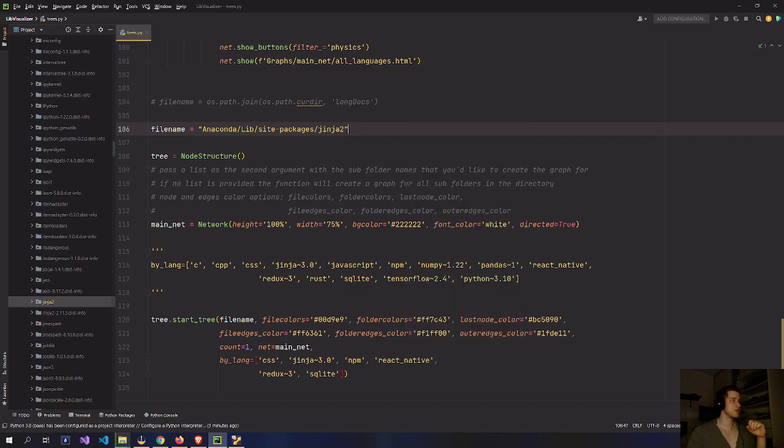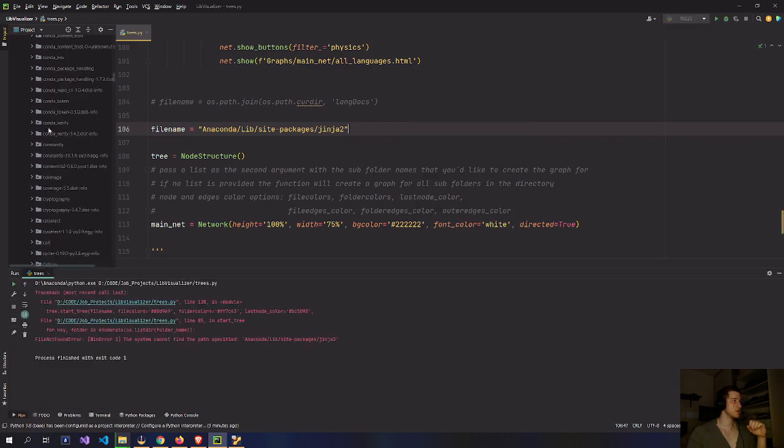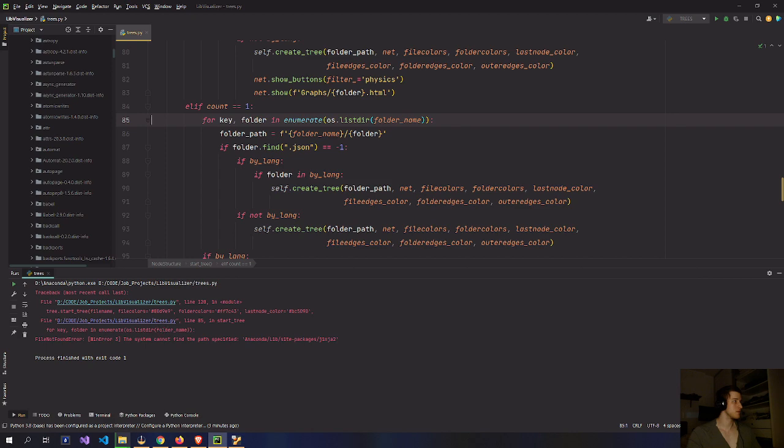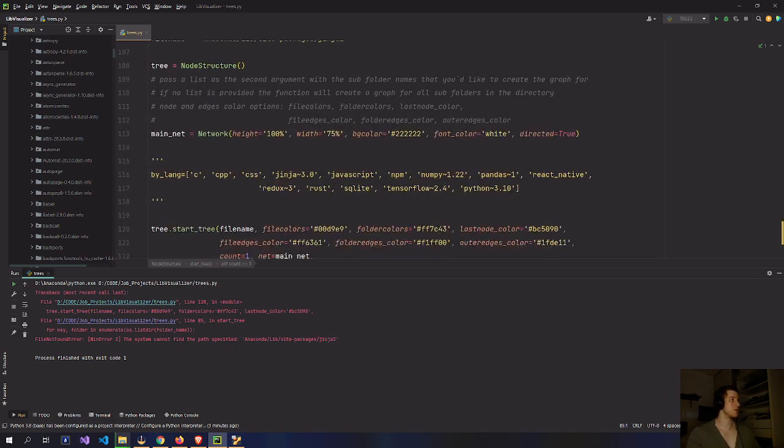So let's see. And I'm doing the run net thing. Yeah, the system cannot find the path, so